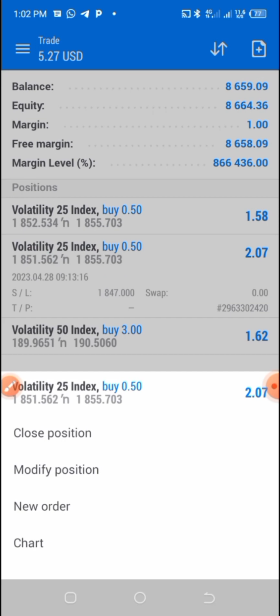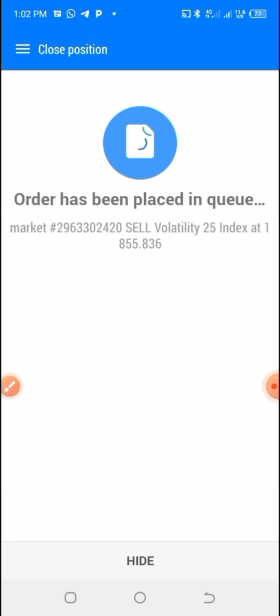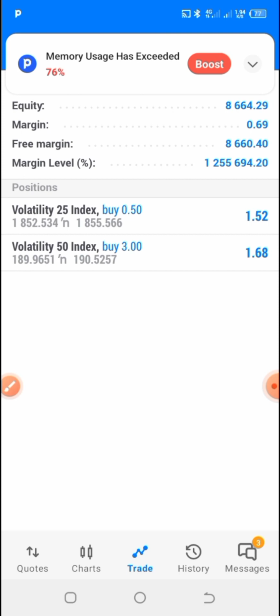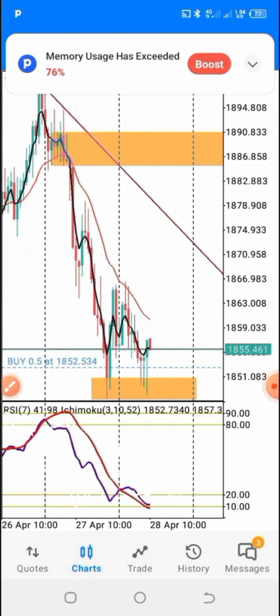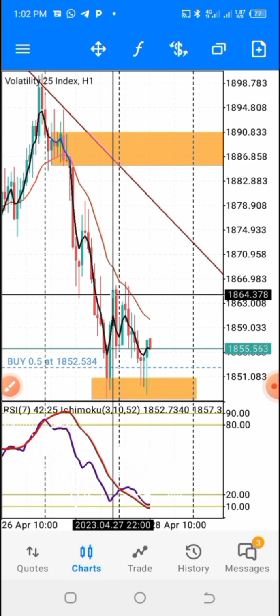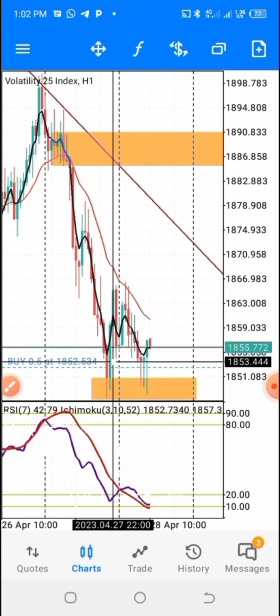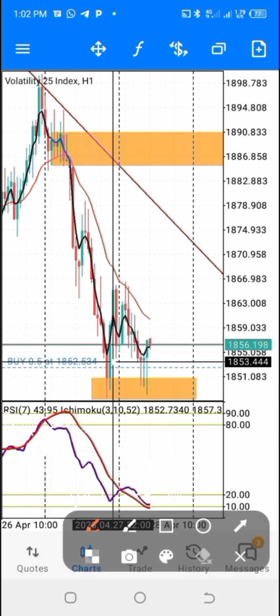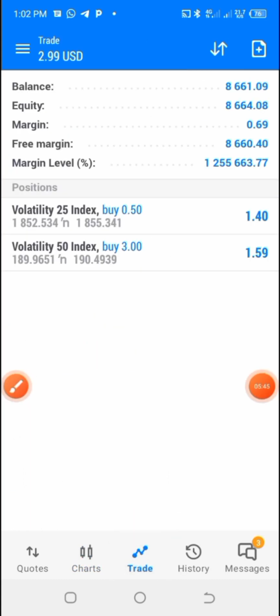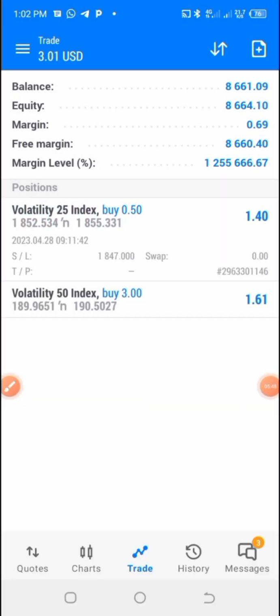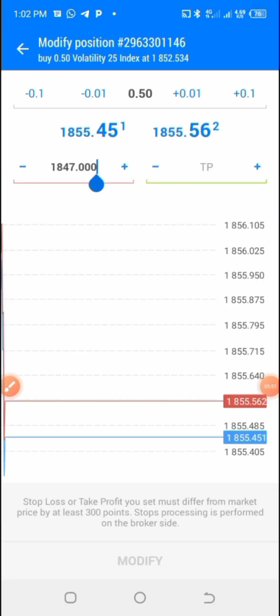I want to remain with one. All right, and let's move to probably a break even. And even if you are taken out, so let me go to break even. This is 1853. Right, when I say break even, I mean this one. These are the figures I'm reading: 1853, 444. Right, you go here, hold, modify, you go to